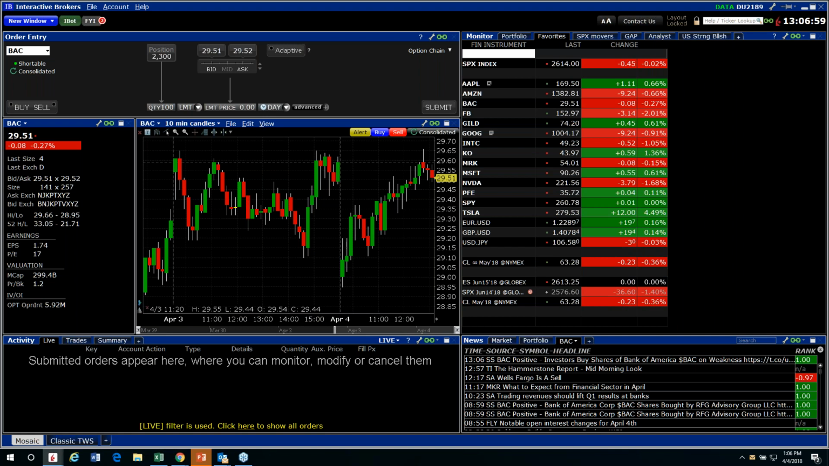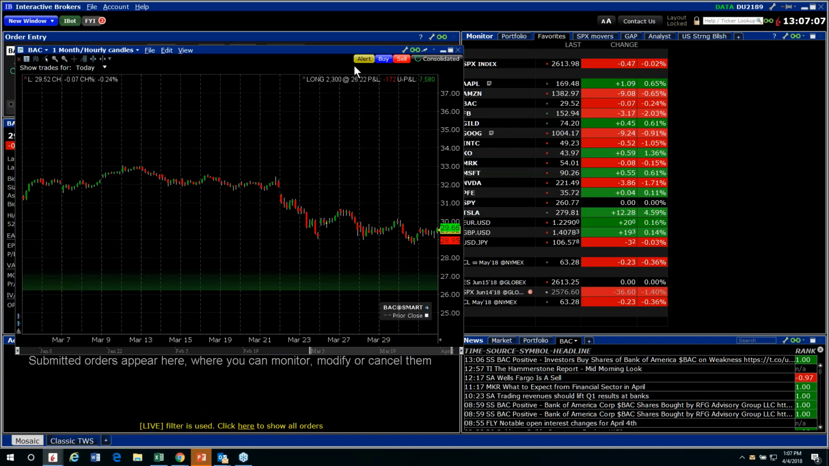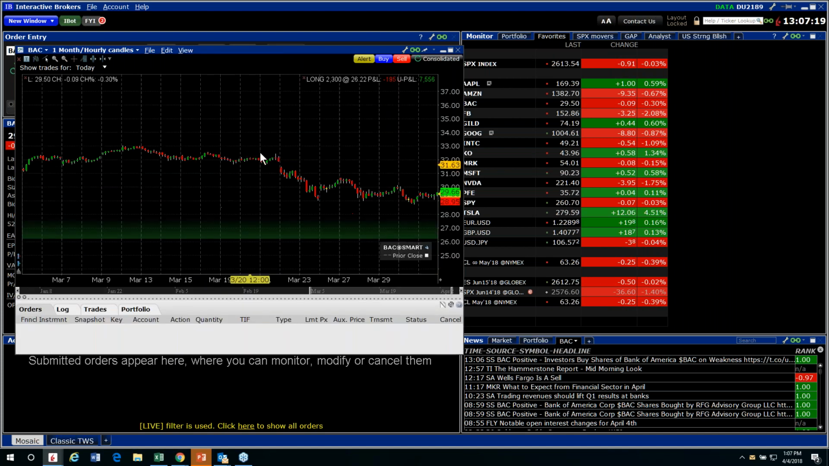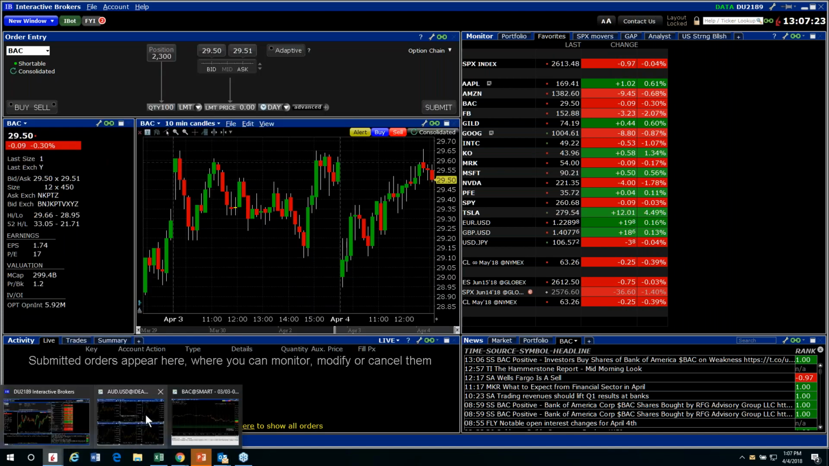But before we do that, let's go back in, and I'm going to pull up my chart once again. I do want to pull up that chart because I want you to know that you can actually even trade directly from the chart. How would you trade? Well, go into the view menu and notice here Chart Trader is available. By activating the Chart Trader,